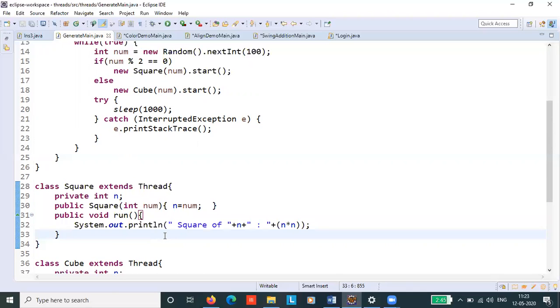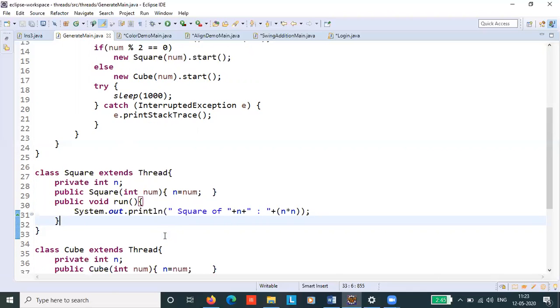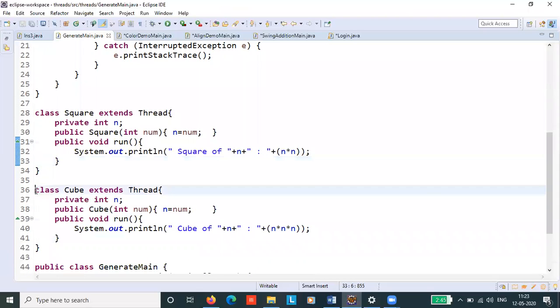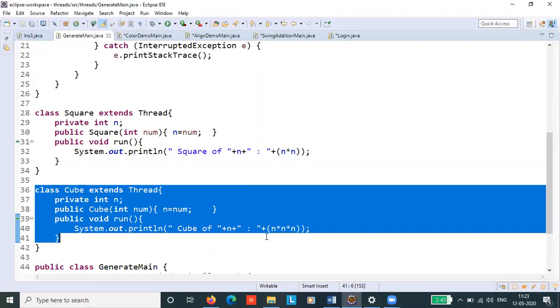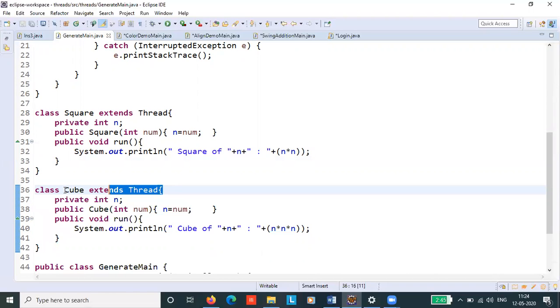What if the random number is odd? Then the execution should move to this class. Here again, class cube is extending the Thread class.